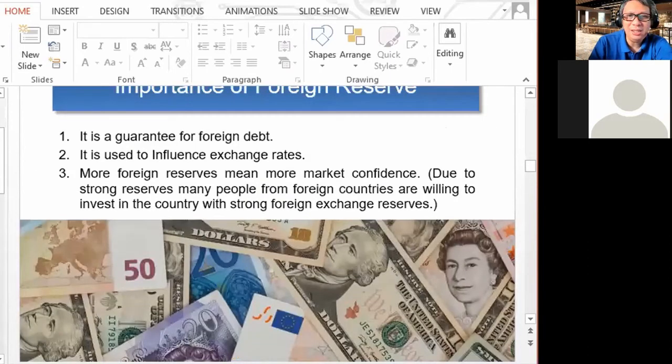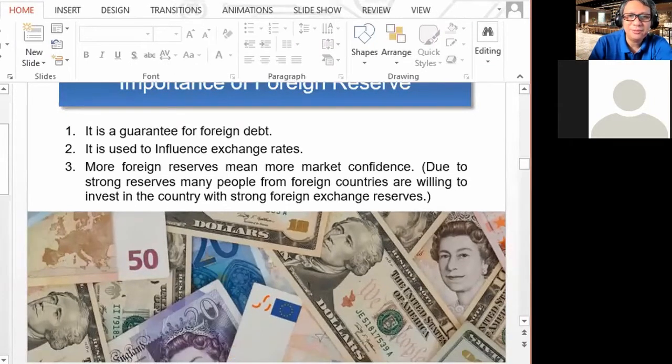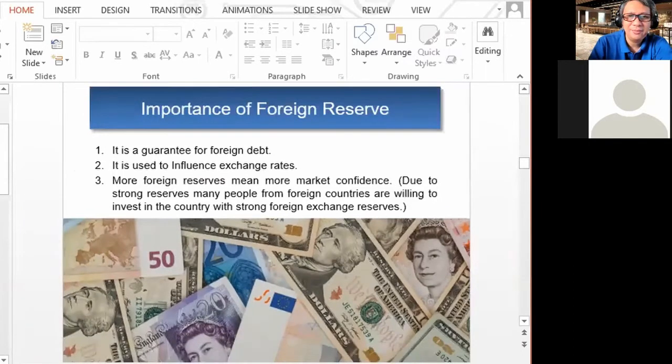What is the importance of having a foreign reserve? Okay. So if you remember, we monitor money coming into our economy through the balance of payment. And money coming into our economy, dollars coming into our economy, will help in increasing foreign reserve. Okay, so that's the supply of dollars that we keep in the central bank. So why do we do that? Why do we need foreign reserve? Why do we need dollar in our economy?